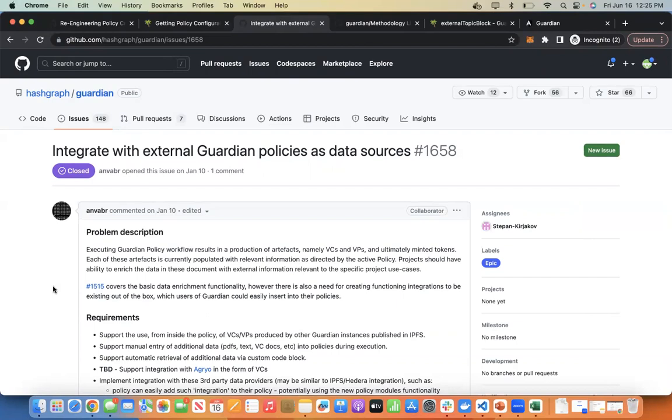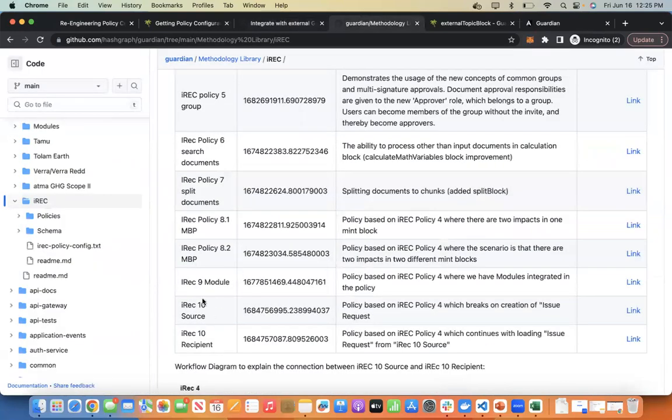However, there is also a need of creating functioning integrations to be existing out of the box, which users of Guardian could easily insert into their policies. To get into detail on this particular ticket, what we have done is we have created two functionality policies, which are IREC 10 source and IREC 10 recipient, and these policies are present in our open source Guardian